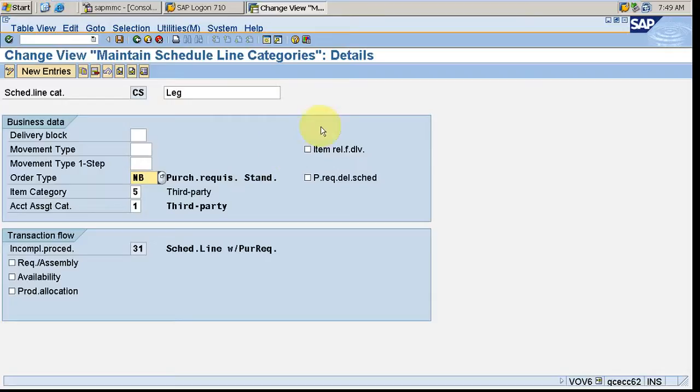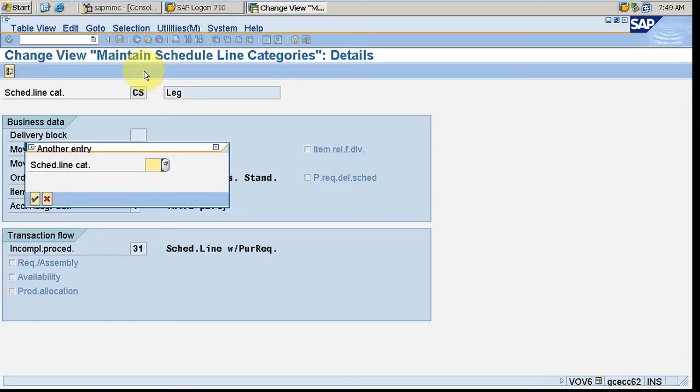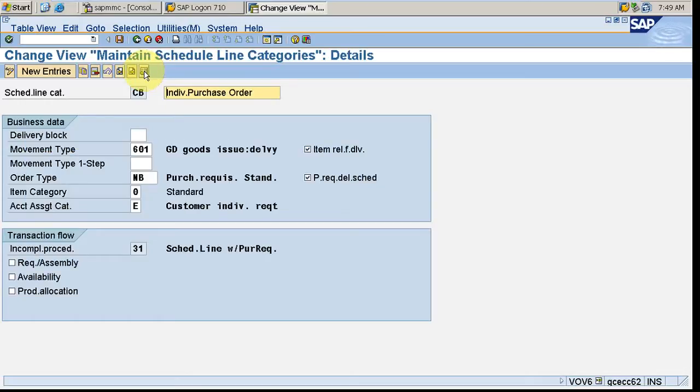In the same way, for service item they would have this unchecked. CB, see, CB again you have checked this. Why? Because in an individual purchase order the company delivers it, even though we procure the goods from the vendor. Do you know in what scenarios they do this IPO? Actually third party and IPO are one and the same, but in third party there is always a risk that we will lose the customers.